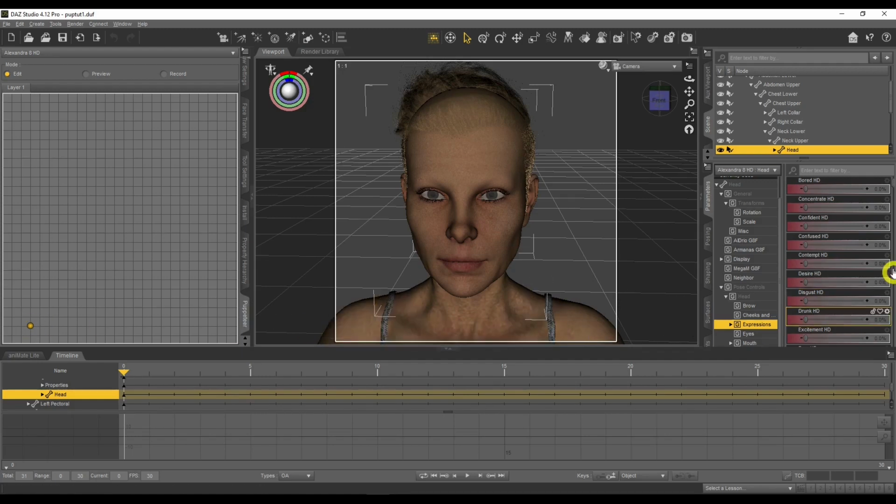Great. Now I'm going to apply one of these expressions. So we could add, I don't know, we could add confident. So let me add confident. I don't know if that looks any good. Actually, let's do something a bit more, let's do fear. There we go. Okay, so I'm liking that. That's great. Awesome. And then I need to go and add it to my Puppeteer mode. So in this checker box, if I add this node now,